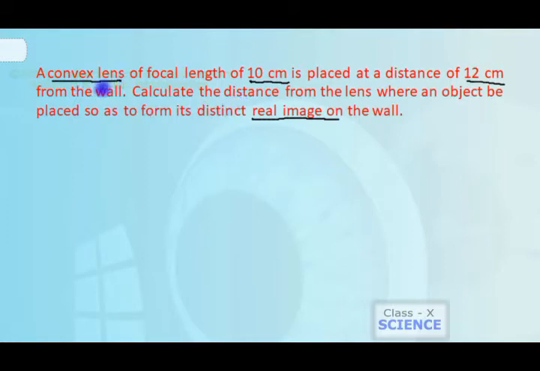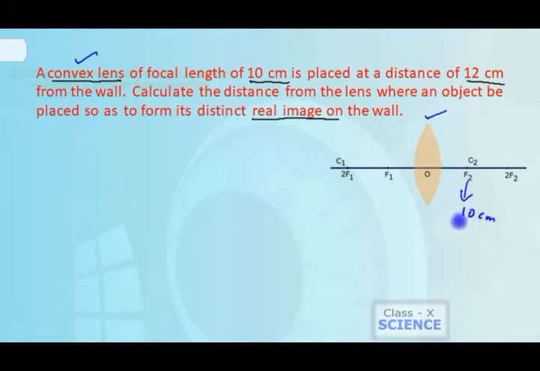So a general ray diagram for a convex lens can be constructed like this. Here according to our question, convex lens is taken. So we have taken a ray diagram of convex lens. So focus, double focus, everything is there, but the actual measurement we will do ourselves. Here its focal length is 10 cm. We know that convex lens has focal length on the right hand side. So the focal length will be 10 cm. Just we mark it here as 10 cm, right?